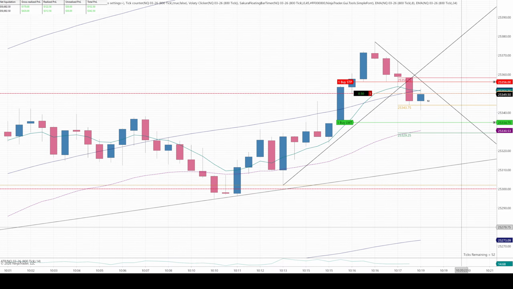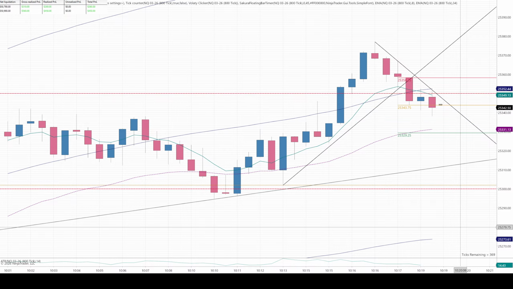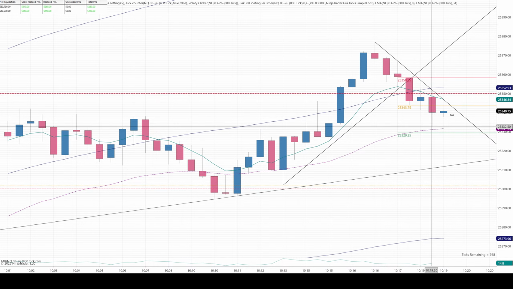I personally don't like that it's hesitating like this, but we're just going to be patient here. There we go. I think we got 6 or 7 points on that trade. It would have hit my 15, but...